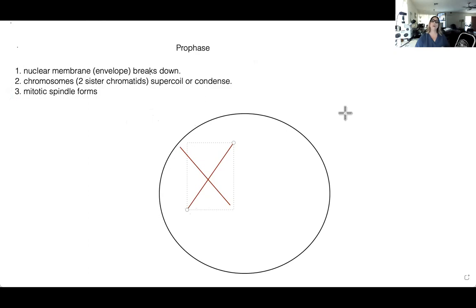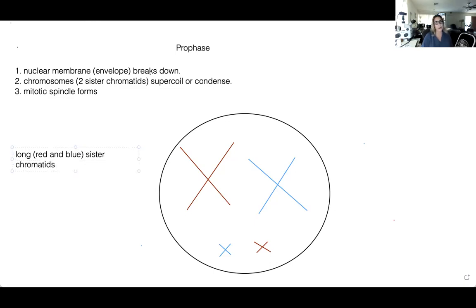Now, with humans, I told you before that we have 23 pairs of chromosomes. I'm going to draw 2 different pairs in my image here. Those would be sister chromatids from mom. The long ones would be from chromosome pair number 1. The short ones would be from chromosome pair number 2. They're not in any particular formation for prophase, but draw them like this. So the long red and blue sister chromatids represent